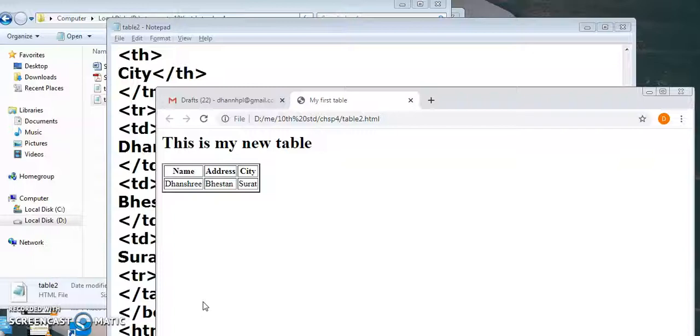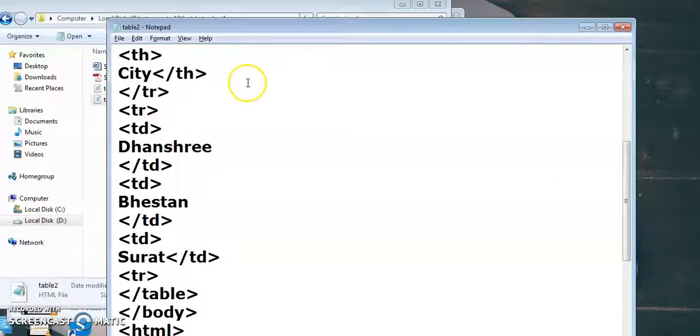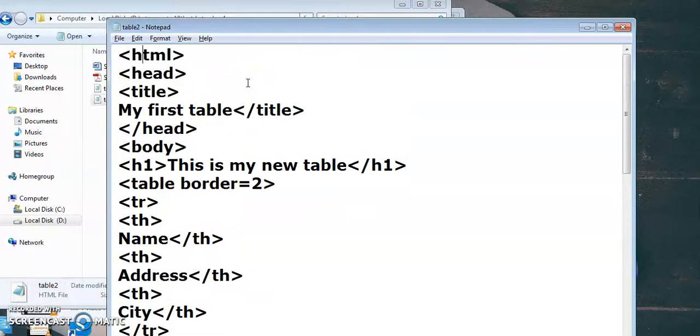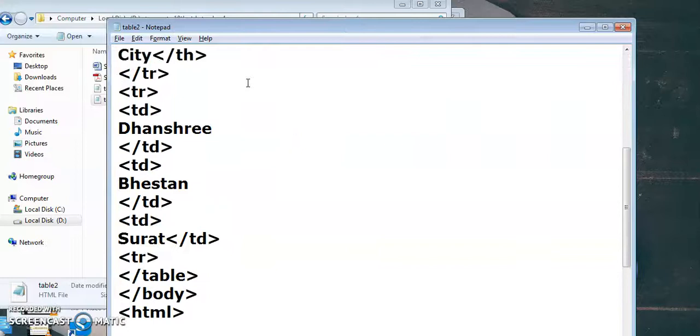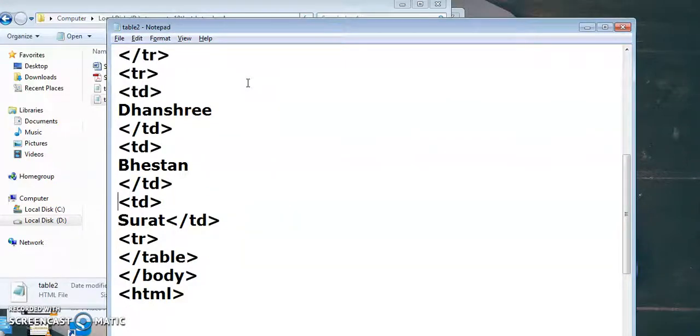Are you getting this point? This is my table coding. How are we creating a table? Simple coding. Now suppose I want to enter 10 values. Shall we write again and again?